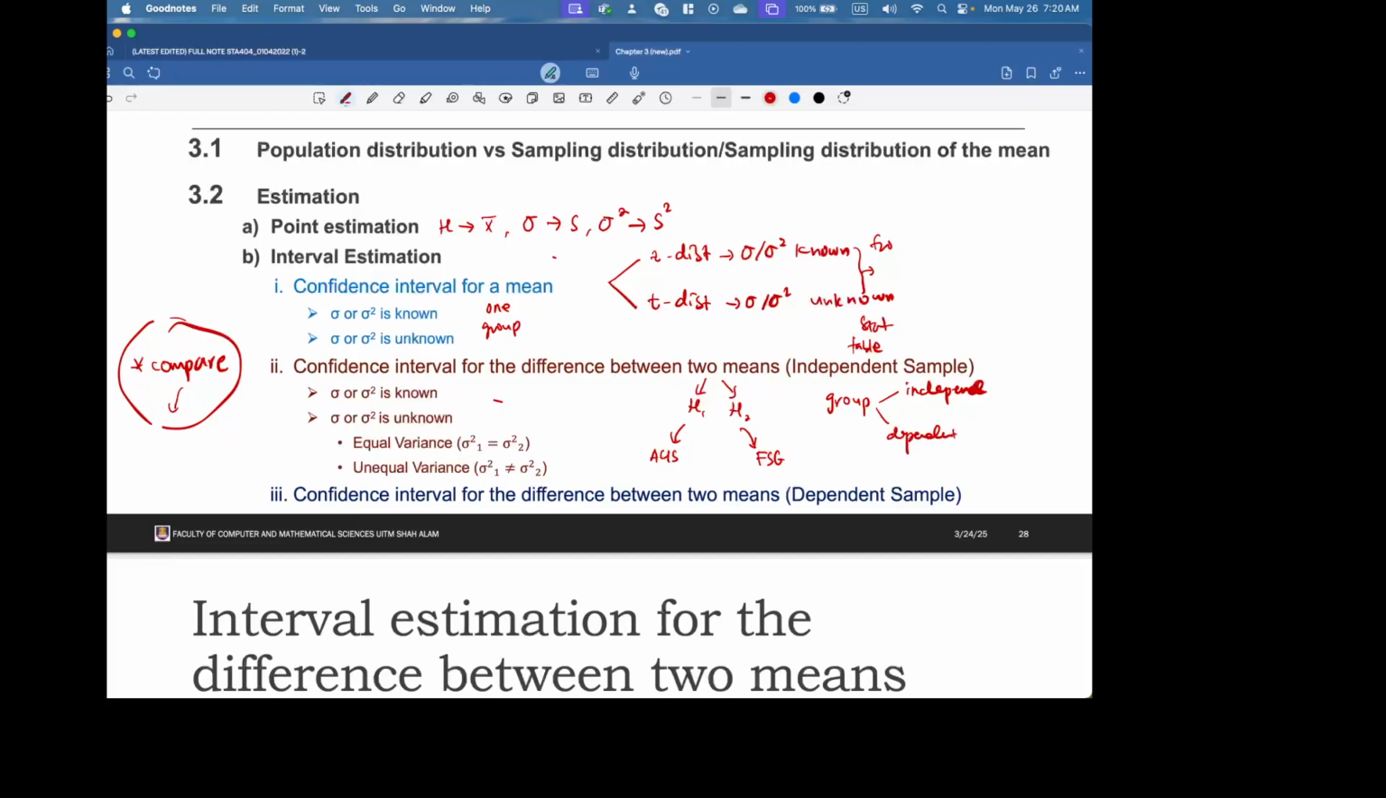Alright, so for independent, the example is we have two different groups, as an example Archis and FSG. Whereby if the group is dependent, the example is suppose that you are doing some sort of testing, for example whether your diet